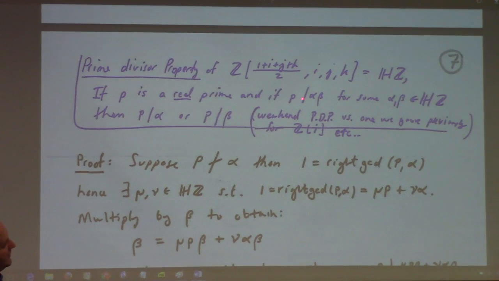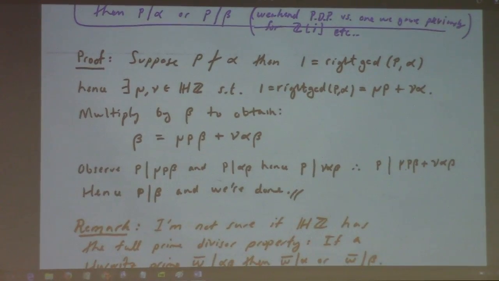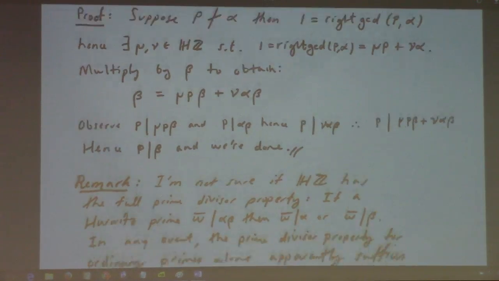So if you have P a prime divisor of alpha beta, then either P divides alpha or P divides beta. It's not quite the prime divisor property because again, it's just for the real primes inside the Hurwitz integers. So this is kind of the usual thing with quaternions. Quaternions are very, very close to the usual commutative stuff, but there's just something somewhere that fails you. Quaternions are kind of almost commutative. They're just a little bit past it. Anyway,